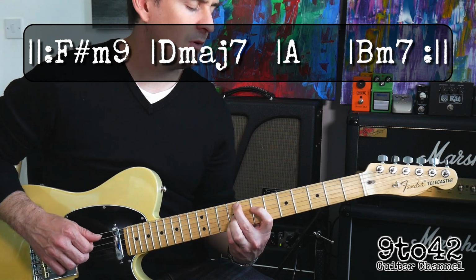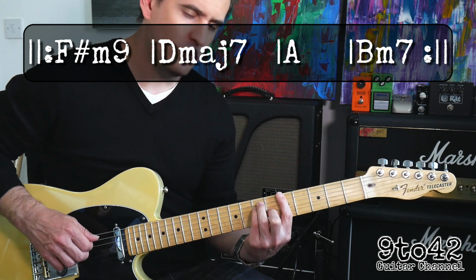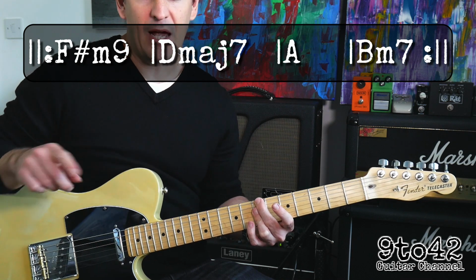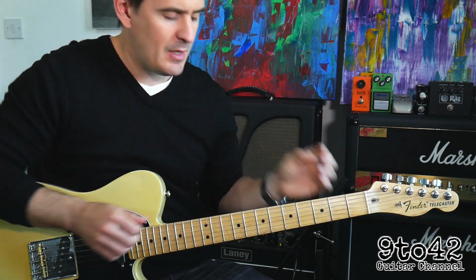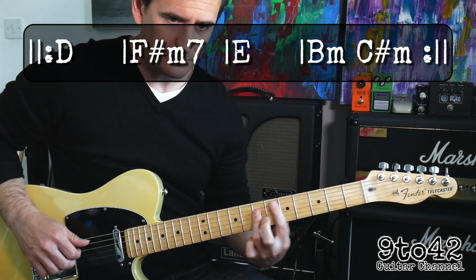2, 3, 4, 2, 3, 4, 2, 3, 4. Okay, and then the next section, again the next section only goes twice through. It's going to play a D chord, normal D chord like we played at the beginning, and then it's going